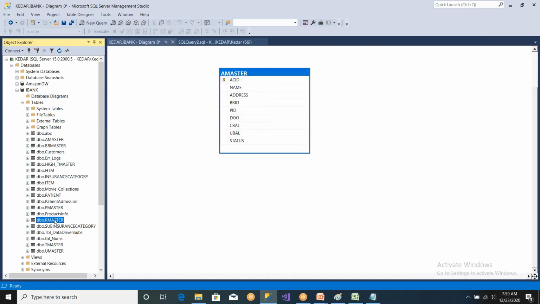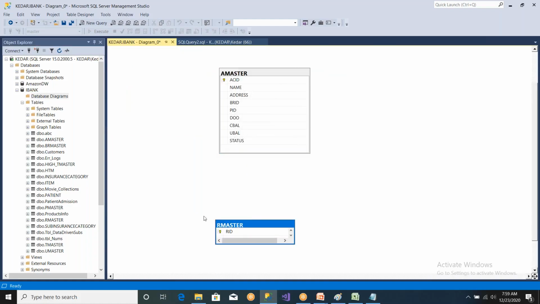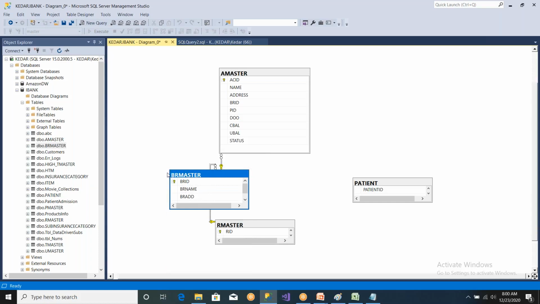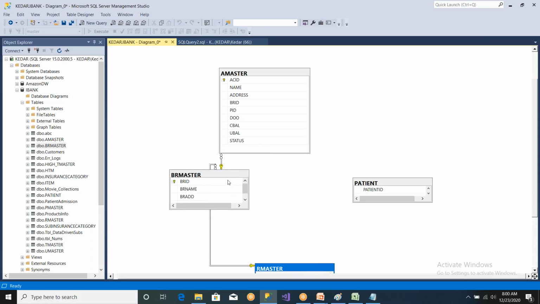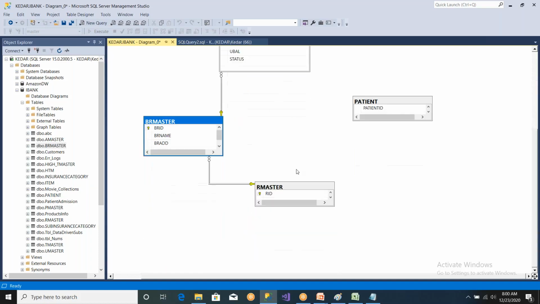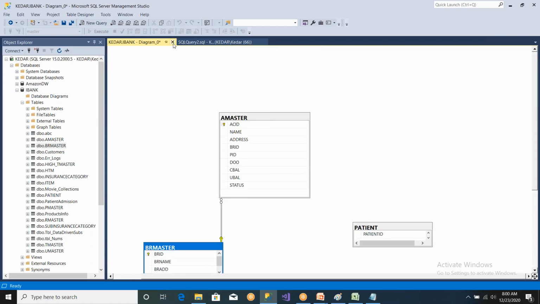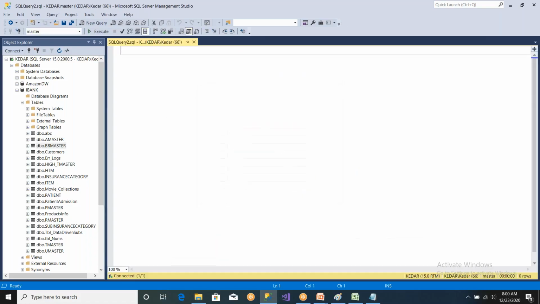Then simply drag and drop. For example, you wanted to know what is this. These are independent. What is this? These are independent, right? What is this? You take some tables, you will come to know. So this is linked to this, this is linked to this, like that. Clear? So if you have thousands of tables, identifying the primary key and foreign key is very, very easy